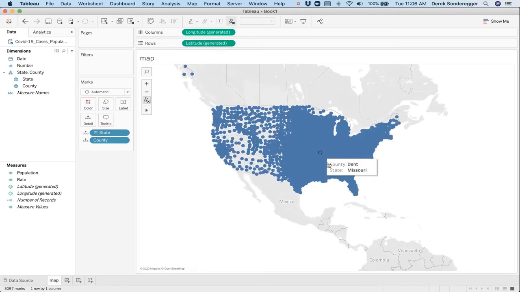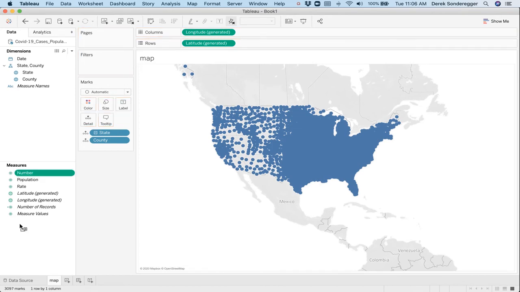And now you can see we actually have all of our counties, and the dots in the eastern half of the United States are just enormous. So the dots aren't really helpful. Instead, we want to color this by the number of cases. This number actually came in as a categorical variable, so we're going to plop this down so that it knows that it's continuous, and then plop this onto my